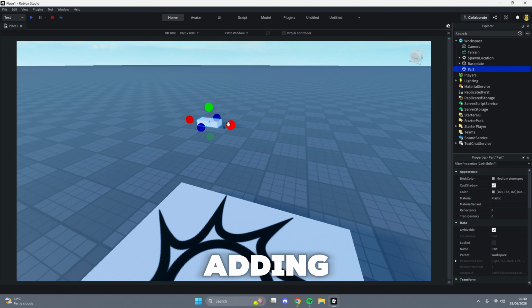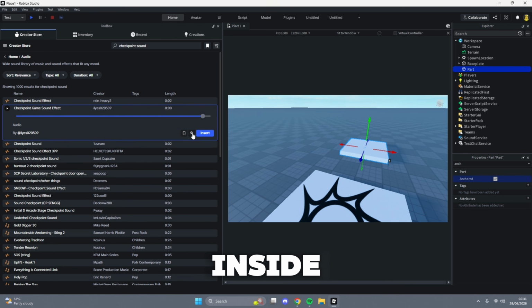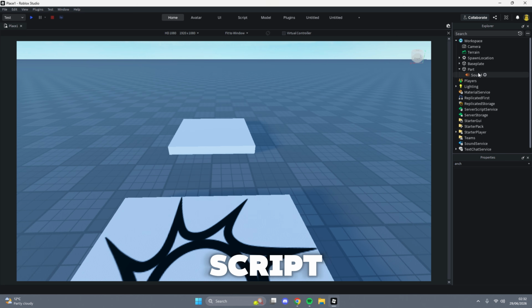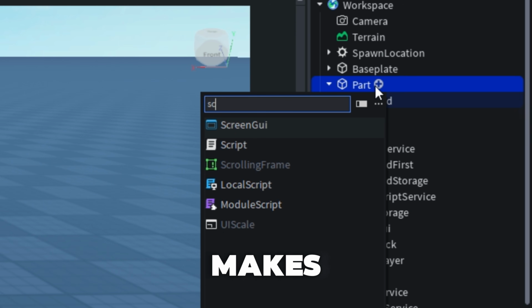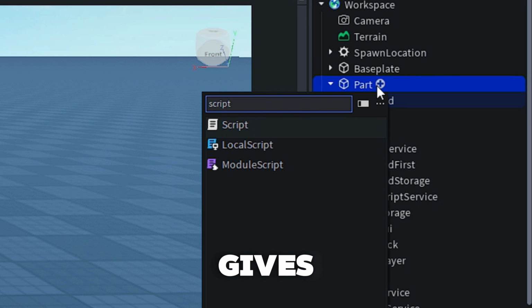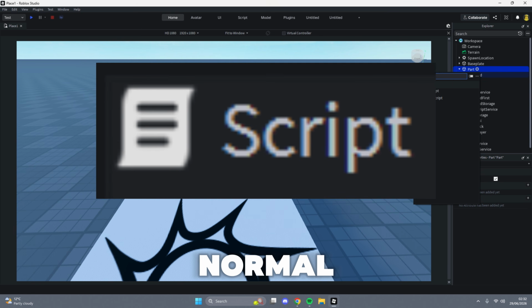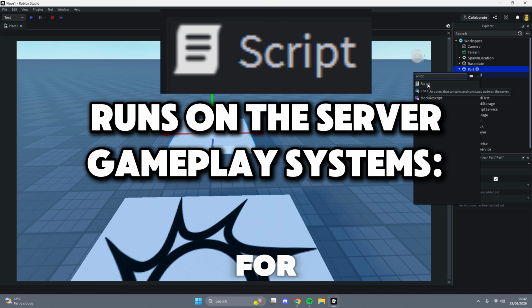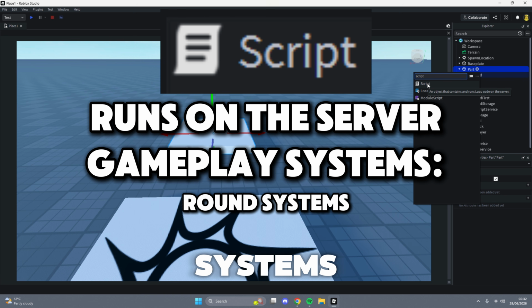So we'll start by adding a part and then add a sound object inside of the part, naming it sound. Since the script is only going to control this part, it makes sense to keep it inside of the part itself. Now, when we go to add a script, you'll notice Roblox gives us 3 different script types. A normal script runs on the server and is used for most gameplay systems, things like round systems, opening doors,